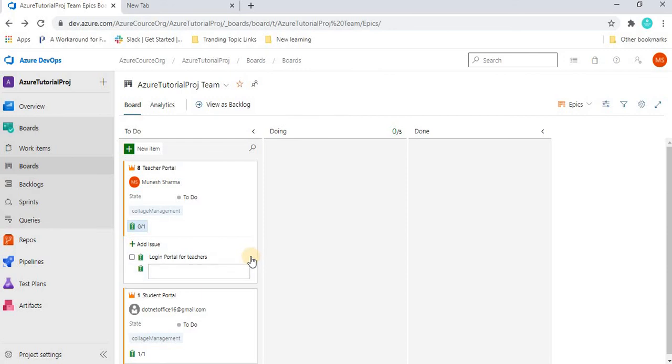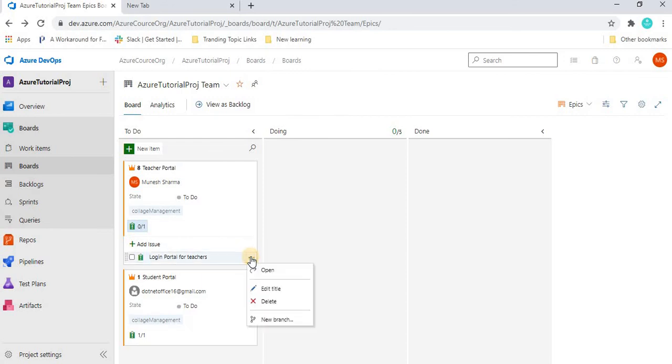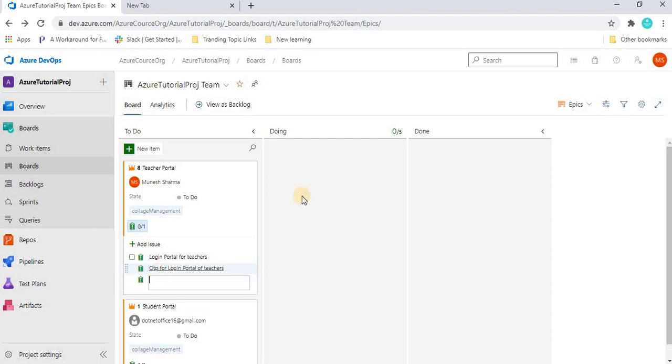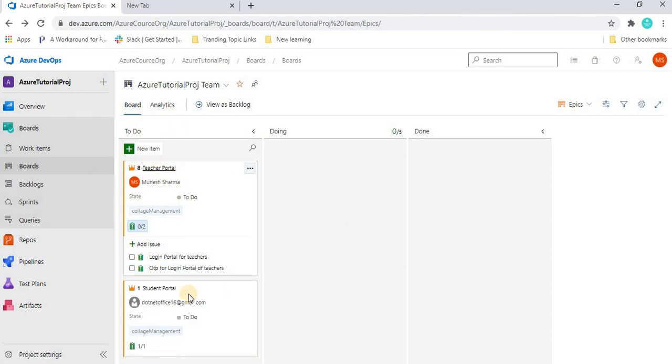This one we can identify, and under this one, if you want to add a title, create a new branch, or do something else, we can do it under this one. And I want to add more, so I'll add OTP for login portal of teachers. So now this portal contains two issues, and this portal contains one issue.